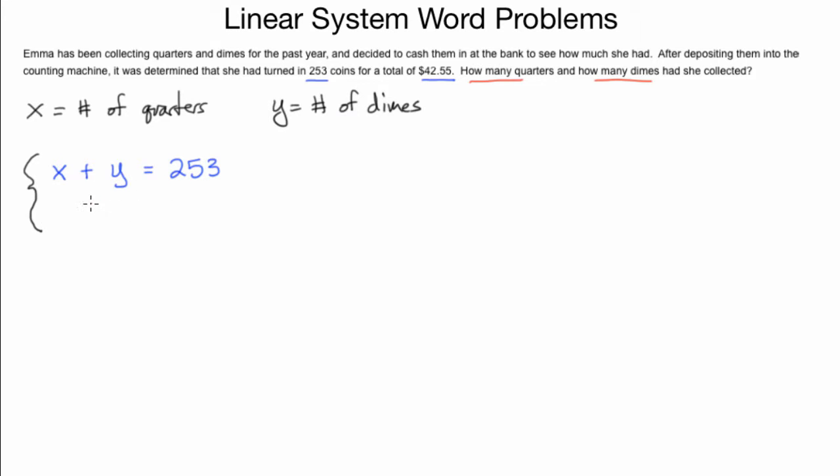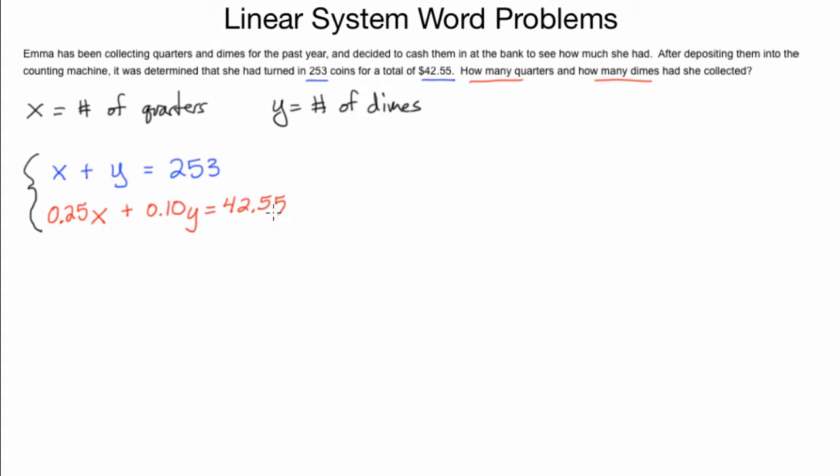So 25 cents times x, plus 10 cents for each dime, so 10 cents times y, has to total up to